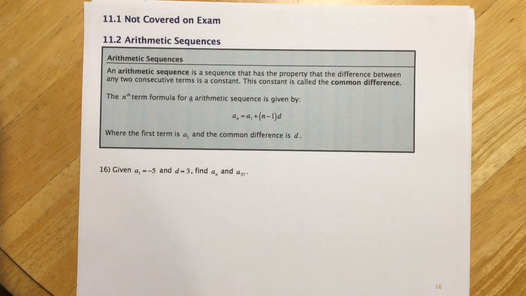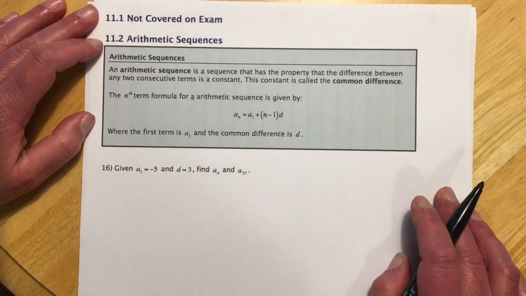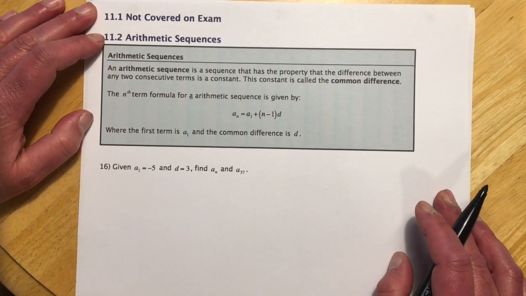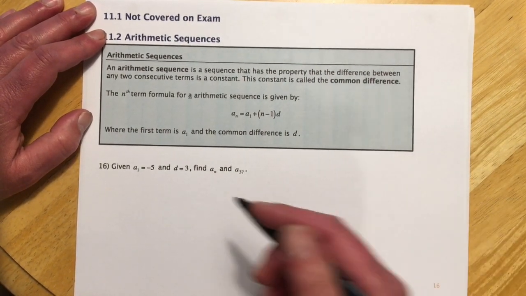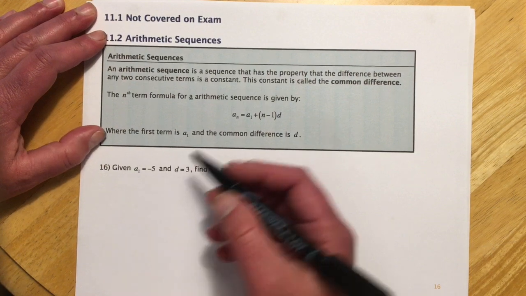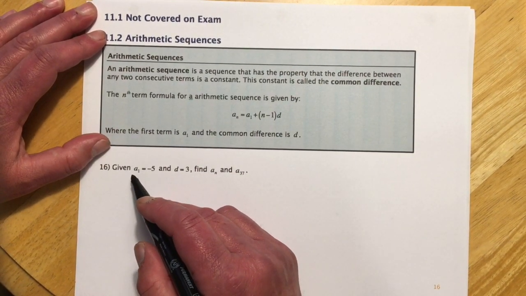Okay, so that gets us to chapter 11. 11.1 was just a little intro section, so nothing there for the exam. 11.2 was the arithmetic sequences, and 11.3 were the geometrics. That's where I pull questions. This first one is given a